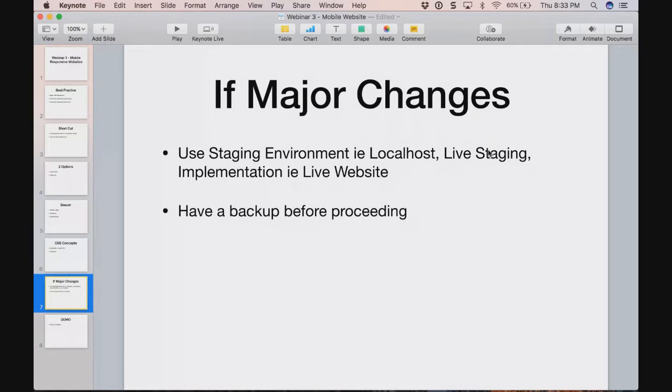If you do not know how to create a live staging environment, the video on how to create one is already in your video lesson area, so go and watch that video. If you don't have localhost, build on a live staging environment. The good thing about it is that the live staging environment should be on the same web hosting account that you are using for your actual live site. So if it works on that live staging environment, on that hosting account, chances are when you migrate it live,